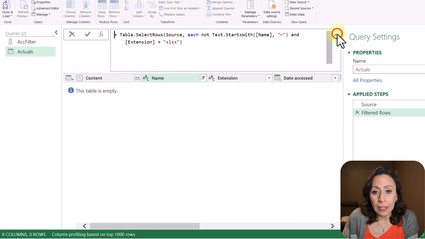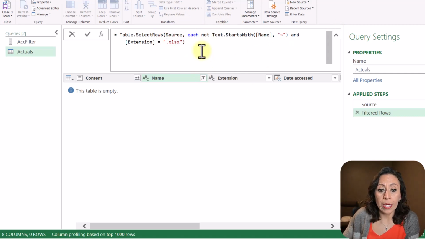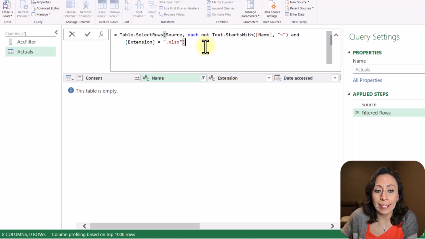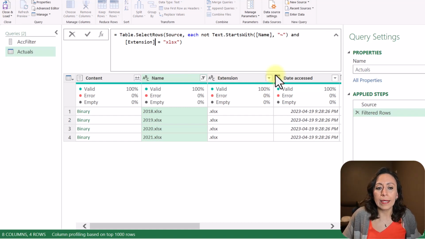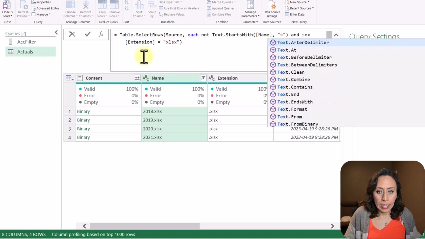Of course, it's empty. And this is because the extension equals XLSX and it doesn't equal that. It equals dot XLSX. I can press enter and you can see that it's there, but I don't want this filter as is. I want to say that the text contains XLSX. So I'm going to modify the filter because I didn't select it properly. So I'm going to say equal Text.Contains